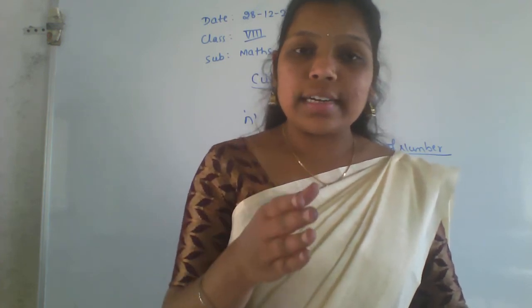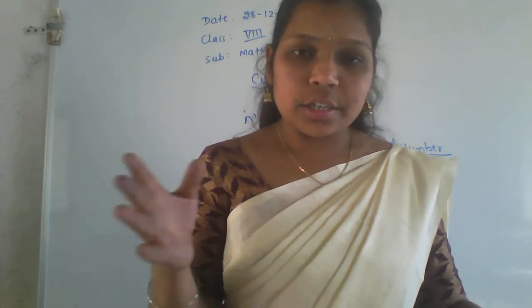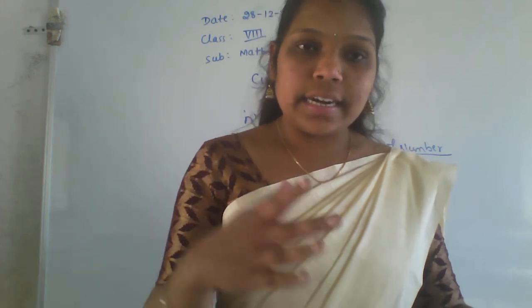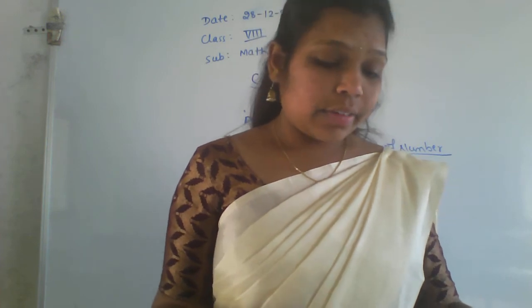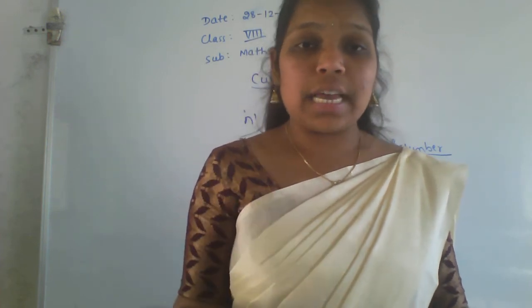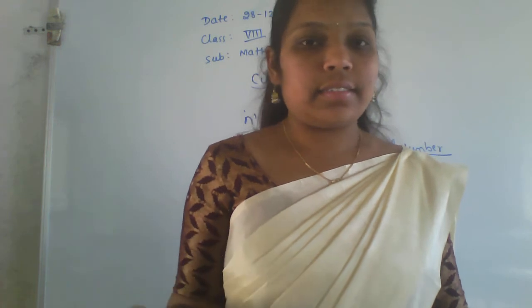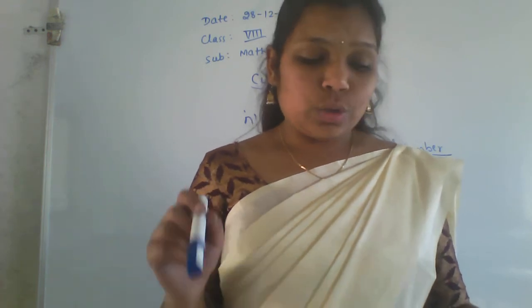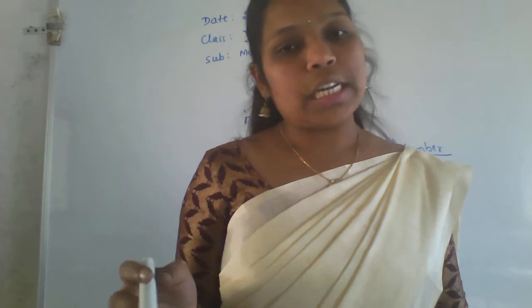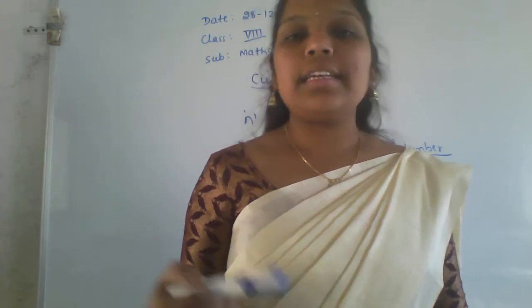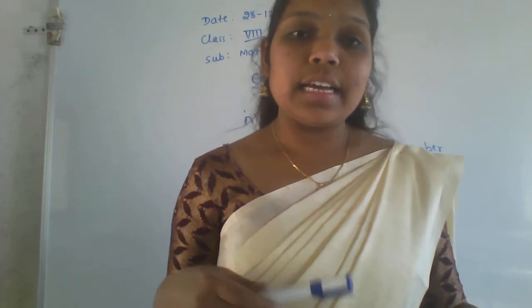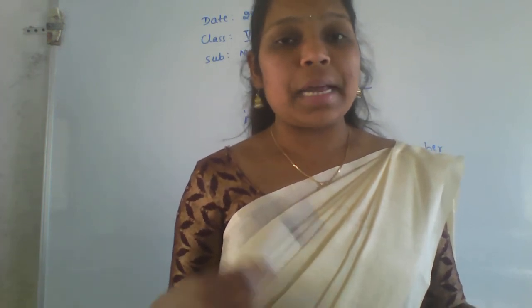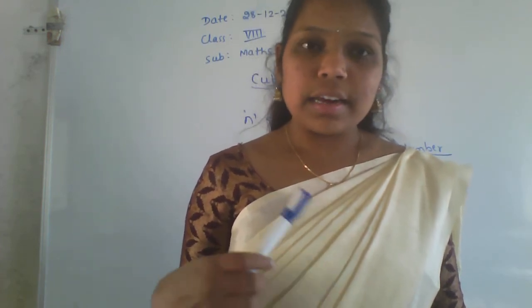Here all are the same, except 2 and 7 as well as 3 and 8. 2 is related to 8 and 3 is related to 7, alternately; 8 is related to 2 and 7 is related to 3. Only these changes. Otherwise, all other numbers stay the same: 5 gives 5, 6 gives 6, like that. If 2 is there, the cube will end with 8. If 8 is there, it will end with 2. If 3 is there, it will end with 7. If 7 is there, it will end with 3. Only these numbers change; all the rest are the same.